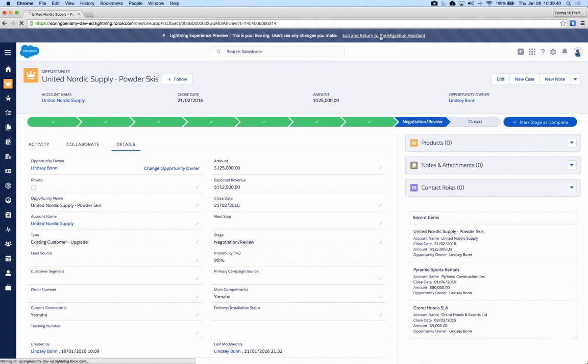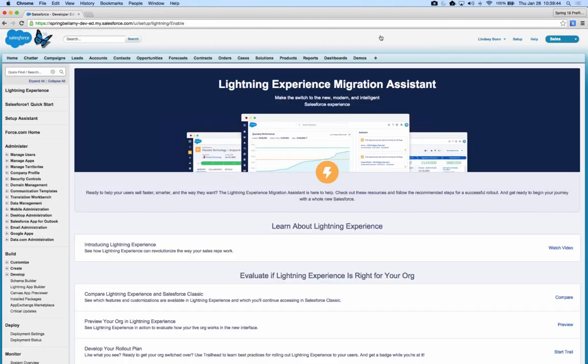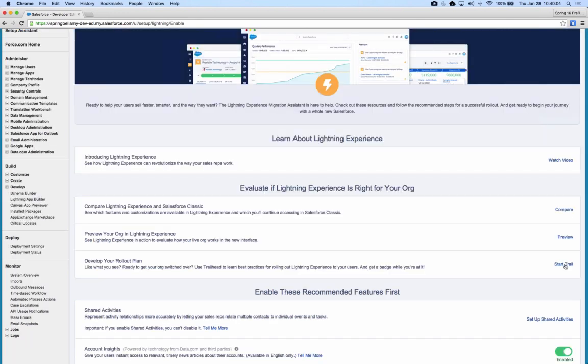So this is a great tool both to get a really hands-on experience with what your production would look like in Lightning, but also to potentially get executive buy-in, or to give those people at your company who care about what that transition would look like an actual hands-on view of here's really what it would look like. I know because I tested it, I looked at it, I know what our org would look like.